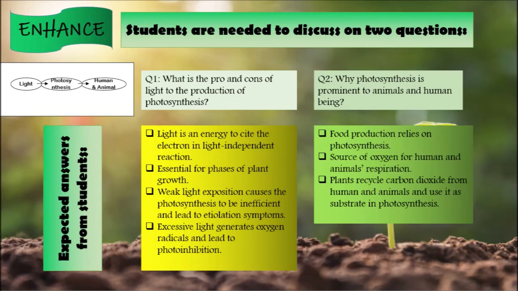The questions are: what are the pros and cons of light to the production of photosynthesis, and why is photosynthesis prominent to animals and human beings. We provide the 2 questions to each group and also an A3 paper, which contains the written